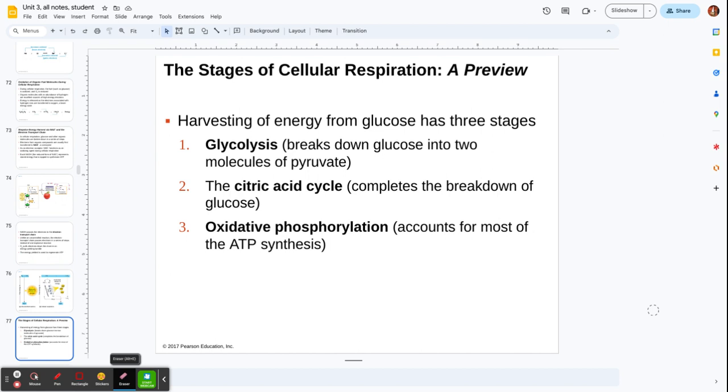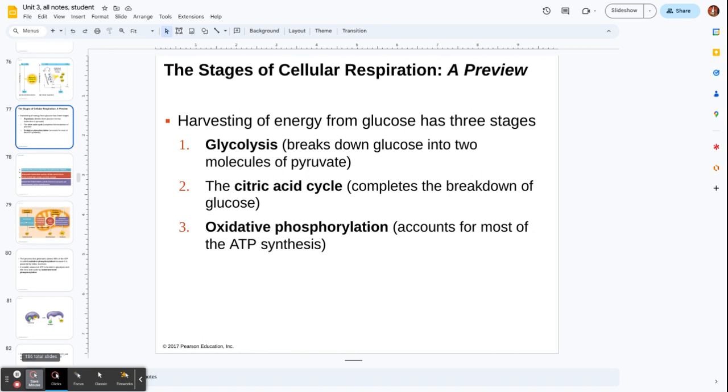Most ATP is made in oxidative phosphorylation. We'll talk more about what that means, but I am going to wait and do that next time. So that is all for